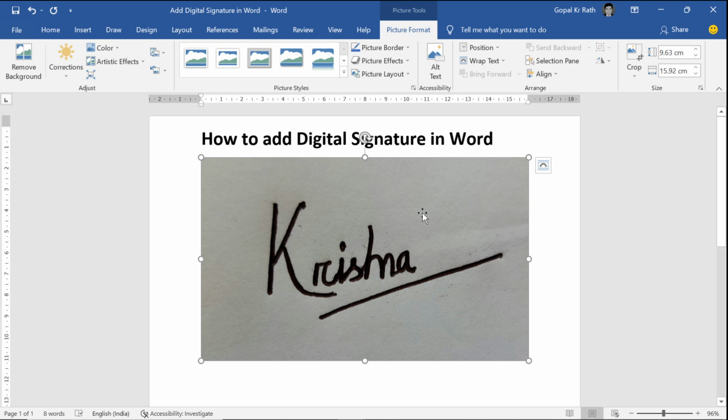So now you have to format the digital signature in Microsoft Word. How can you format? Select the picture or double click on the picture to get the picture format menu. Here first we need to crop the digital signature. Let's crop the digital signature,